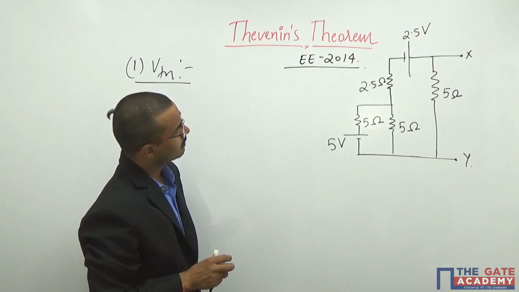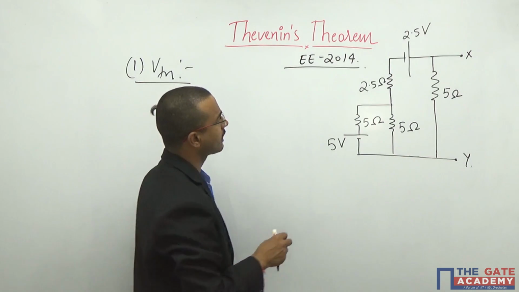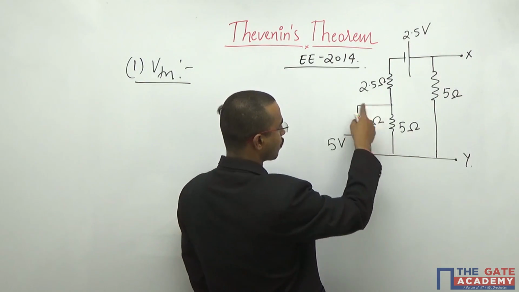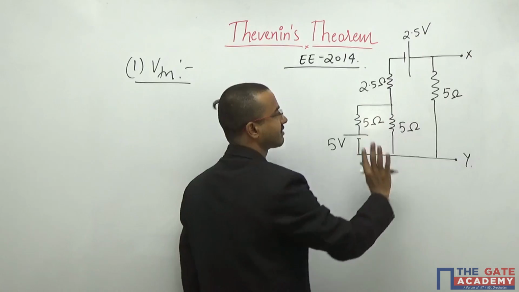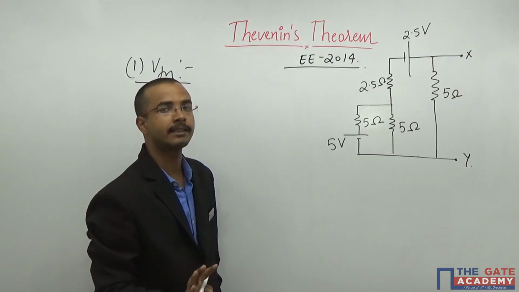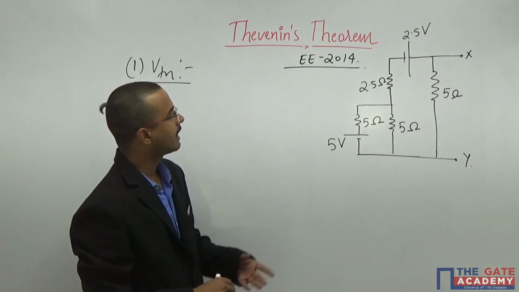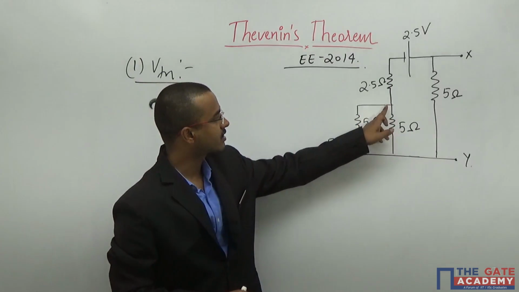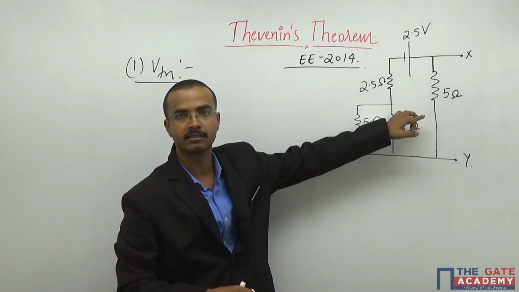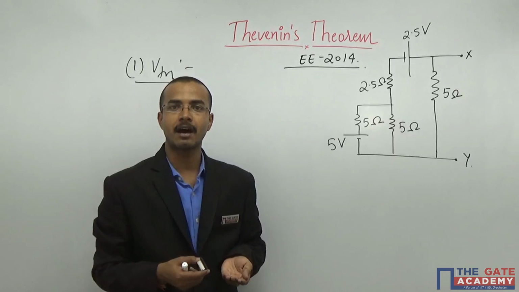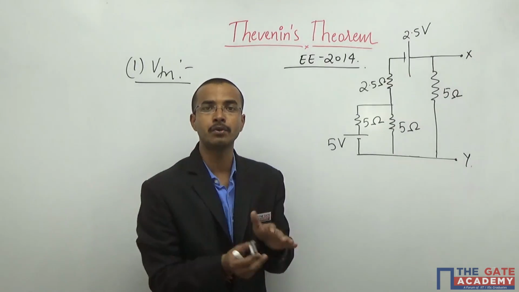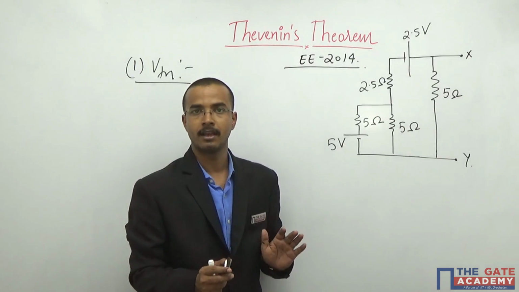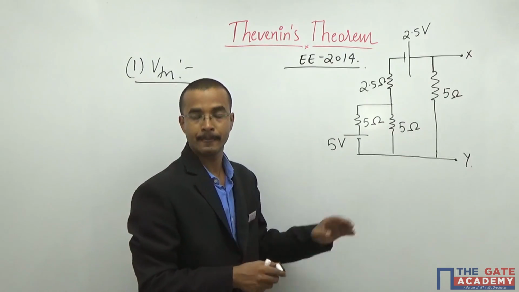I can calculate very easily, but before that, I will apply the source transformation here to simplify the circuit. If you don't want to apply this, not a big deal. You can calculate with nodal also. Just apply the nodal here and you will get this. But in the exam, my intuition will be to reduce my calculations and simplify the circuit.